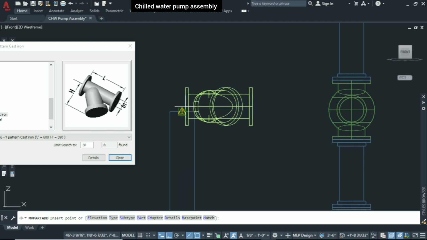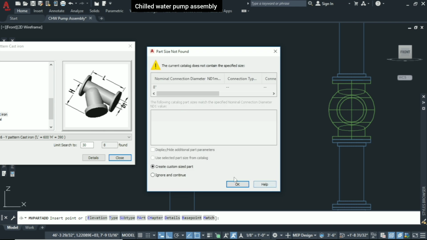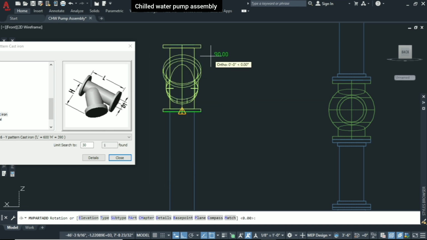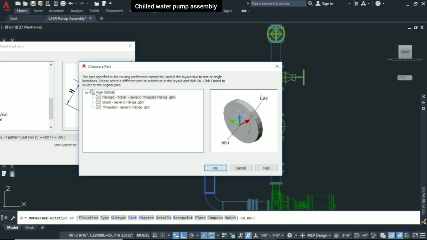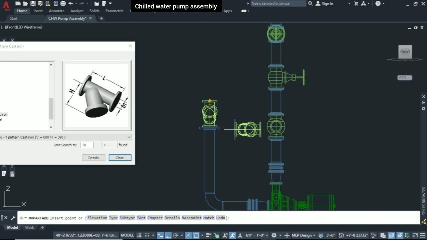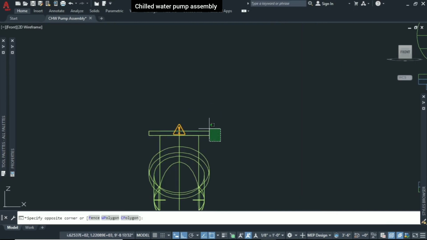When it's showing the color, you can just left click on this, close the warning, and you can give the direction and route your strainer. Add the flange in between, press enter to come out. Now we have to add the pipe here. So just select the strainer, bring your cursor on the plus sign, add pipe,